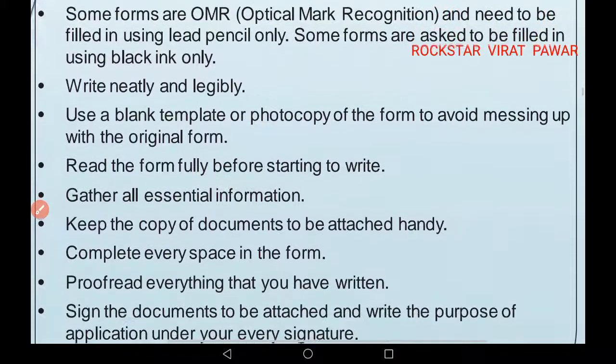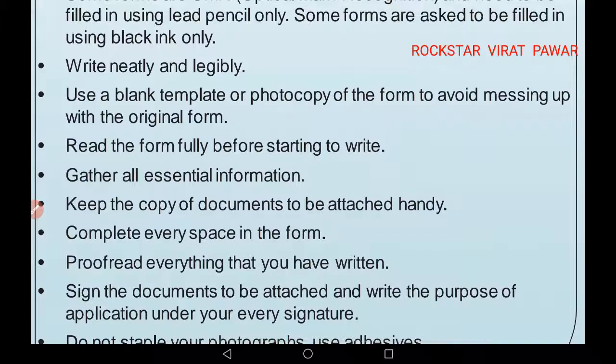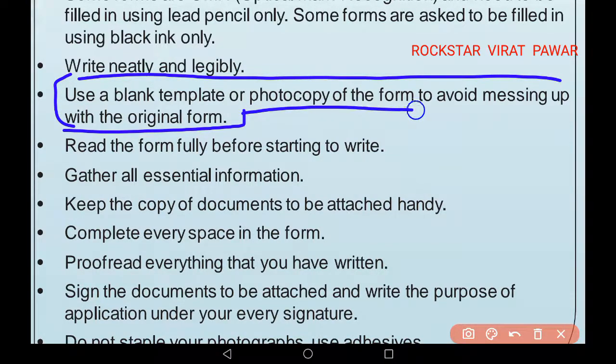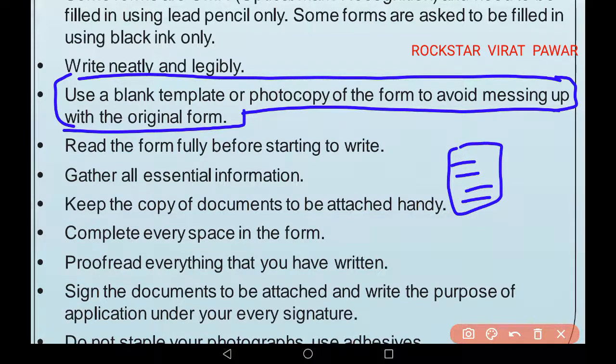See, use a blank template or a photocopy of the form to avoid messing up the original form. This means if you have to fill any form in the online process, you should take one printout, that is a Xerox, and on that Xerox you should write whichever points are demanded.